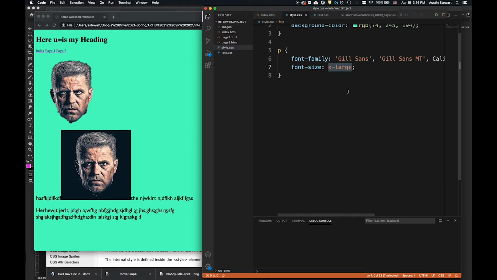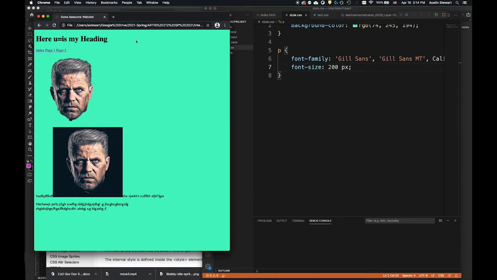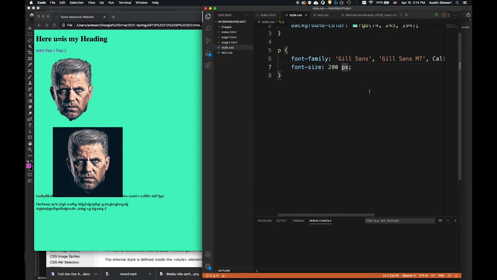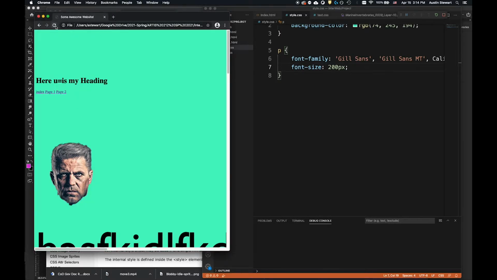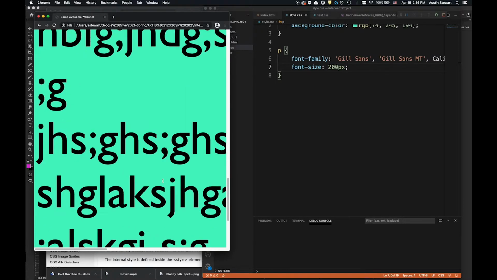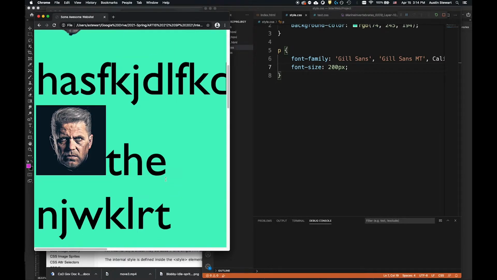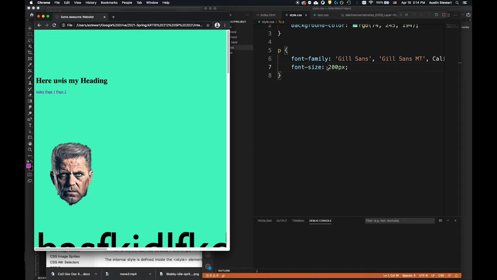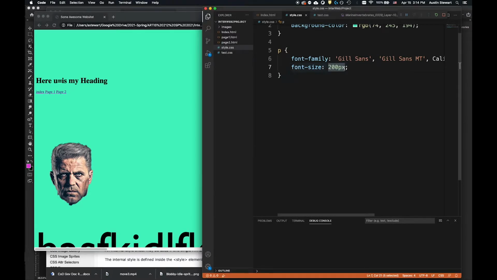We could also, if we wanted it to be a particular pixel size, say 200 px. And if I save this and refresh this, oh, maybe I have to do it as, let's try this. There we go. The px there, you don't want the space. So that was my issue there. So now I have text that is absolutely enormous. We can do it as a percentage as well. So if I just say, I have no idea what 100% is going to do for me in this